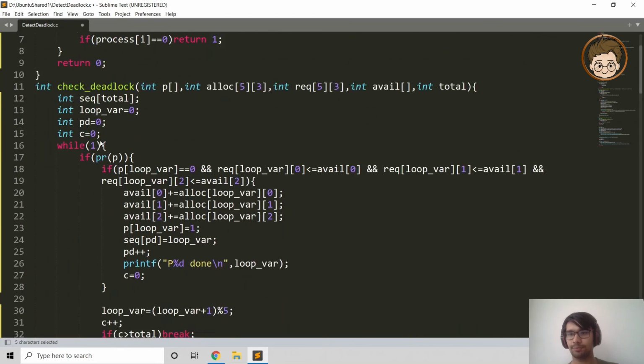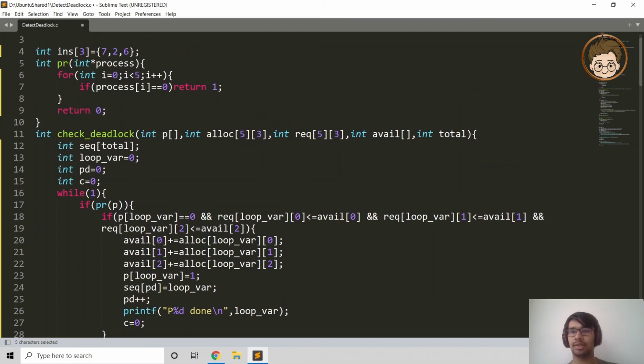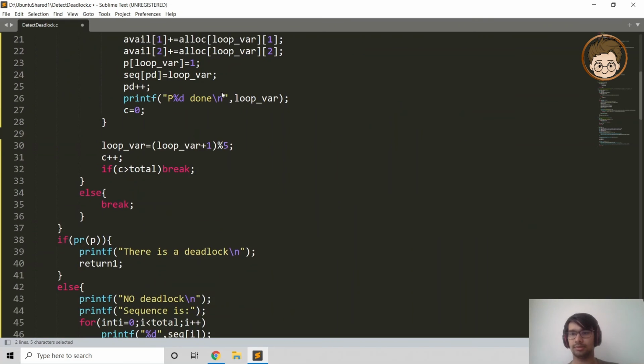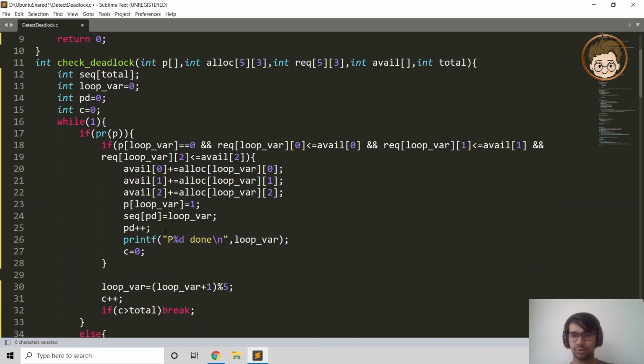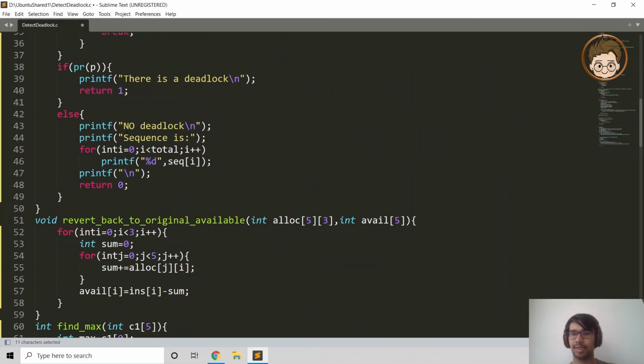And if PR of P returns 1 anyhow, that means there is essentially a deadlock, and we need to print out that there is a deadlock, and we need to return 1. Otherwise, there will be no deadlock, and we will get the sequence, and we have been storing the sequence in this sequence array, so we can print out the sequence.